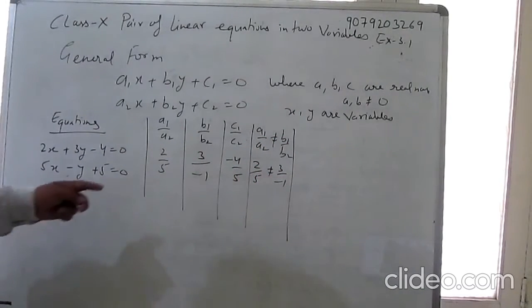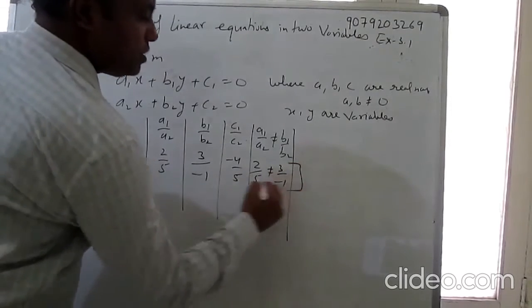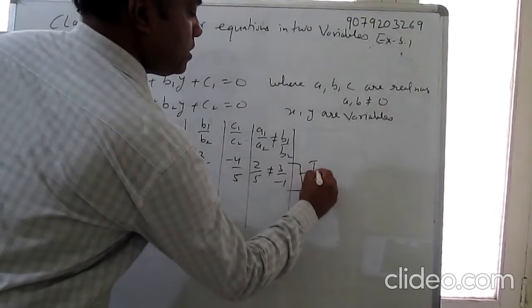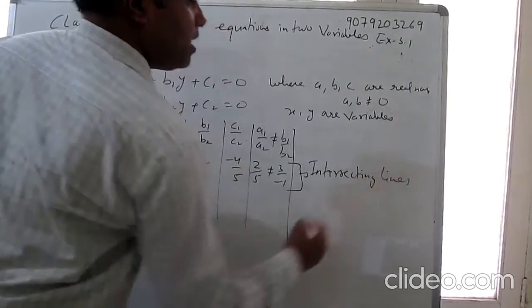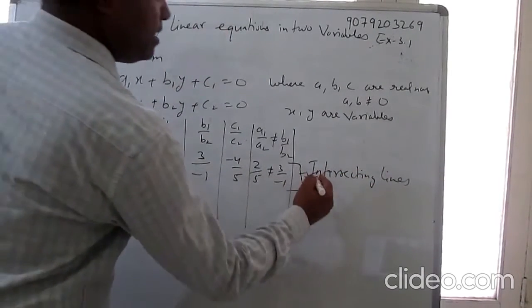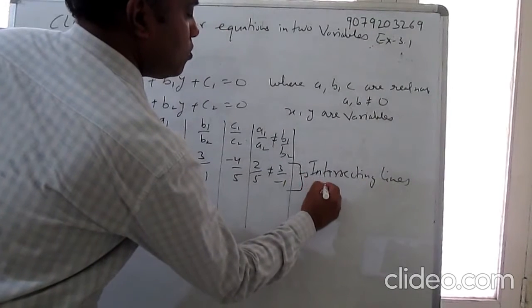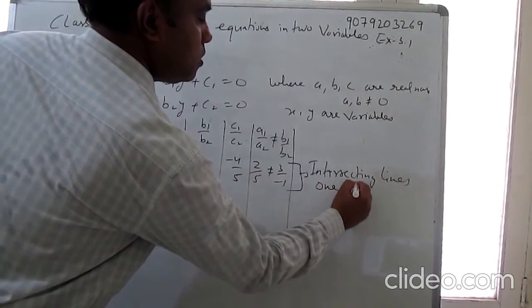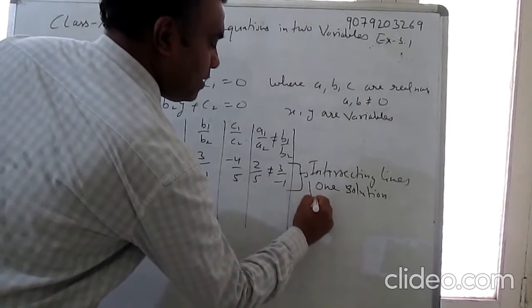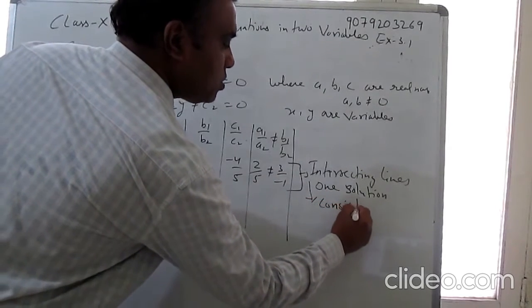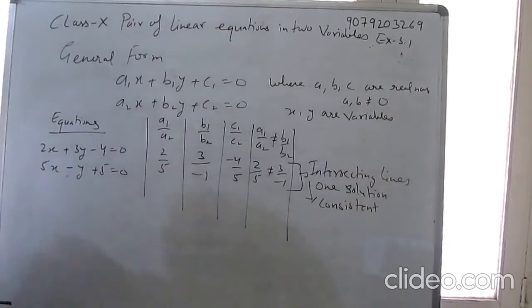If this type of situation is there, it means it is intersecting lines and one solution, or unique solution, or we call it consistent equations and independent. Now if I take another set,